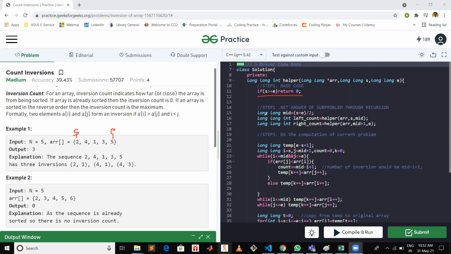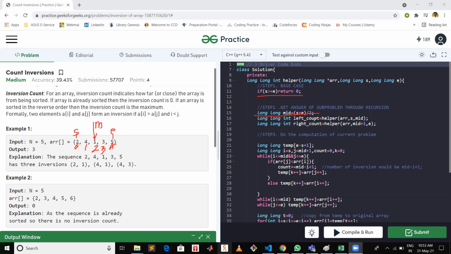We will calculate the mid index. S is currently 0, this is 1, this is 2, this is 3, and this one is 4, index 4. So starting plus ending by 2 would become 4 plus 0 equal to 4 by 2 equal to 2. So our mid is at this index right now.